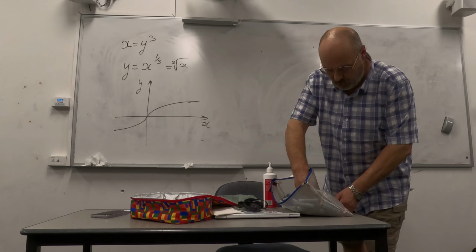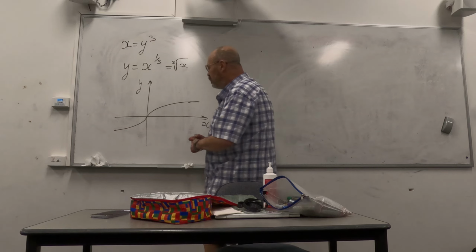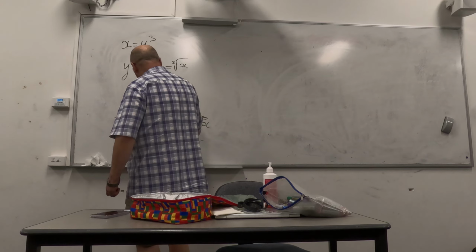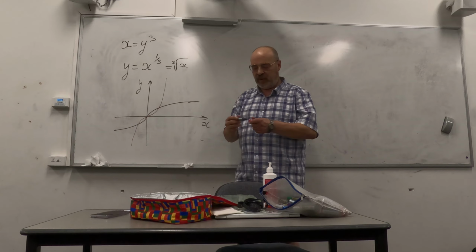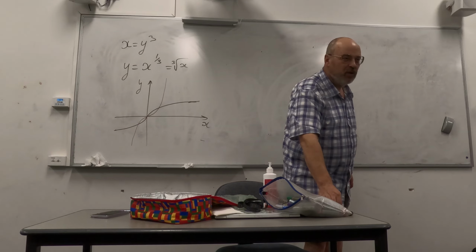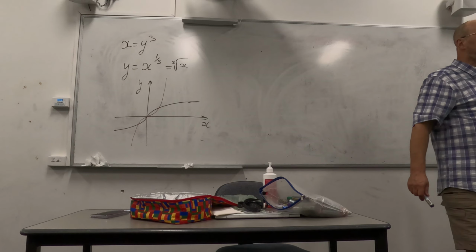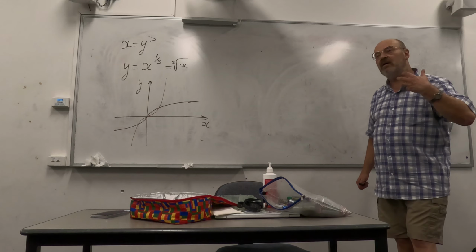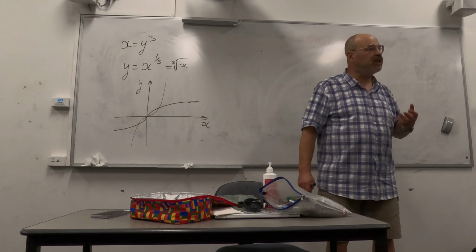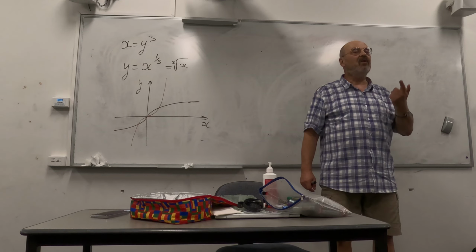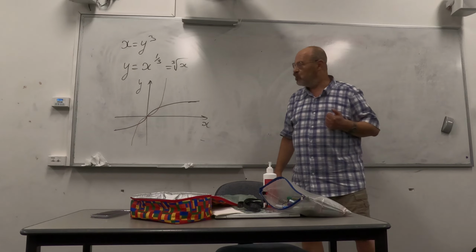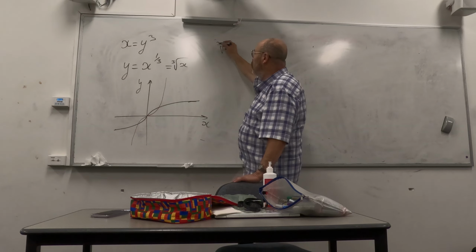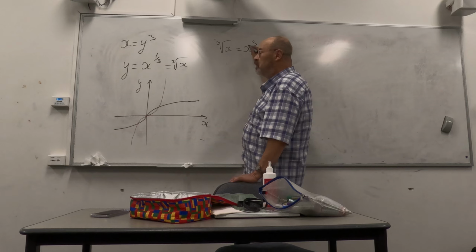if I sketch on the same axis the graph of x cubed, what will be the intersection between those graphs? A function and its inverse function always intersect on y equals x. So instead of solving cubic root of x equals x cubed, we can